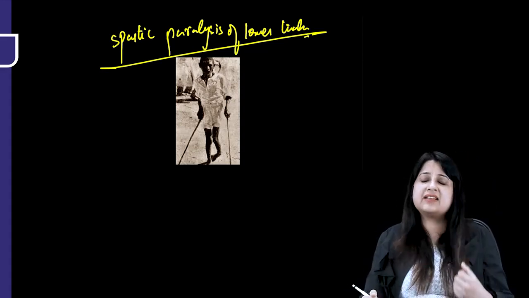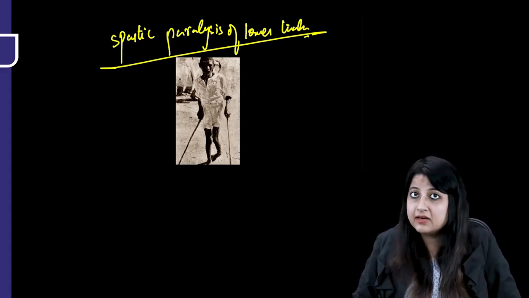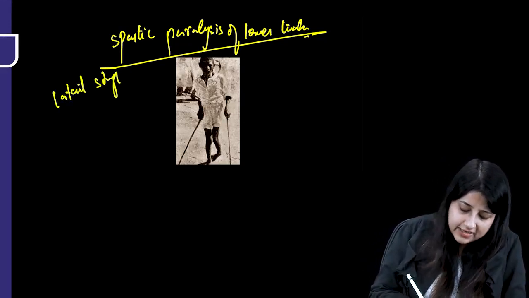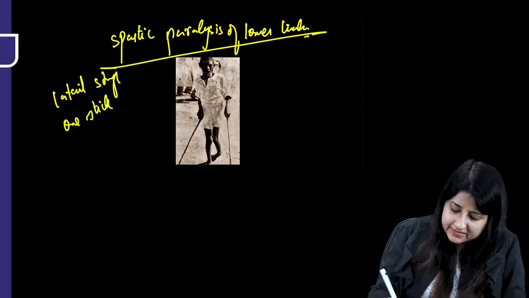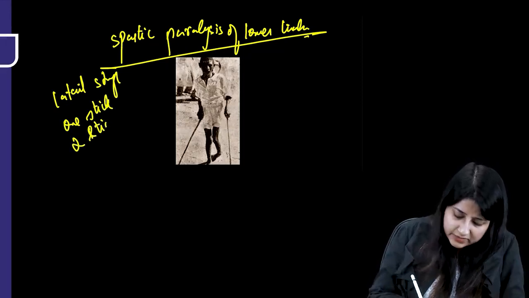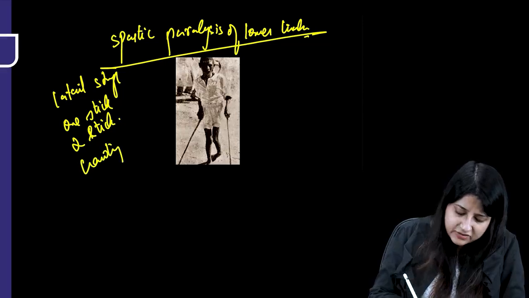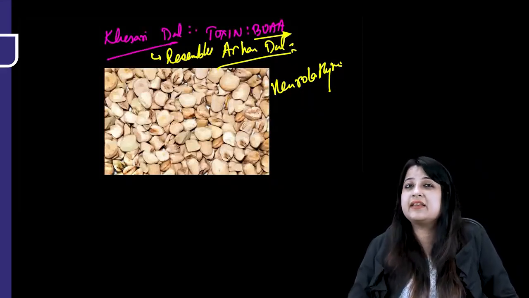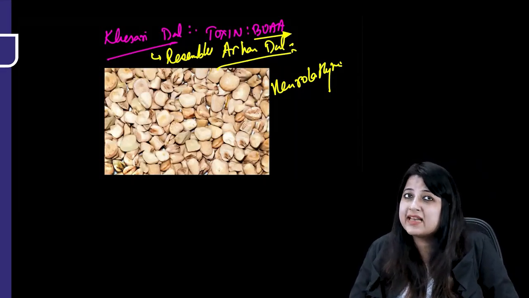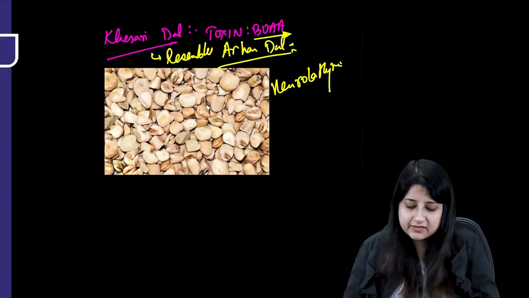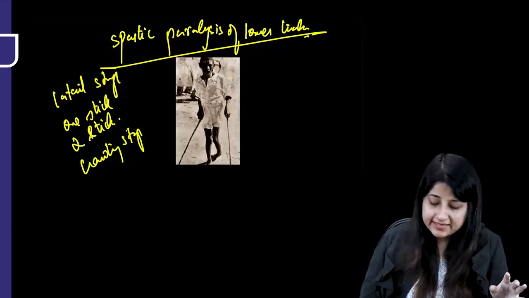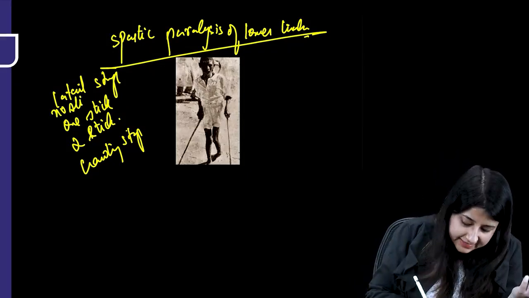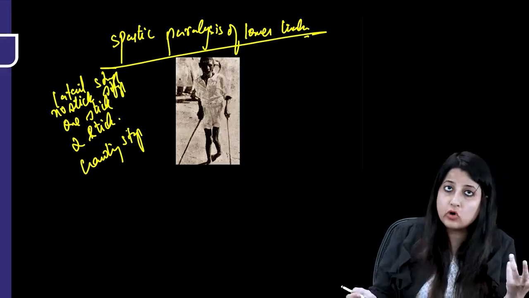If 30% of the diet is dal consumed over 6 months, this can occur, and the person can present with a latent or dormant stage, then a one-stick stage. This is a two-stick stage where he has to carry two sticks, or even a crawling stage. Now, is it happening throughout India? Mostly, no. It is in certain endemic areas, like UP and these places where khesari dal is being consumed. There you can see this. This is very, very important. So you can have a latent stage, in fact a no-stick stage, then one stick, two stick, crawling stage.